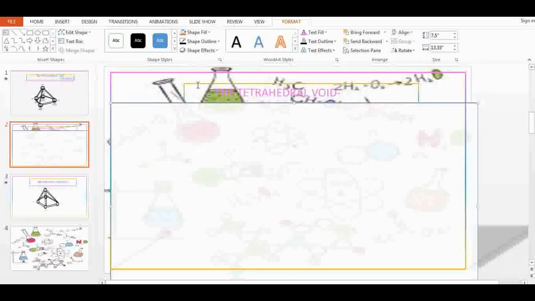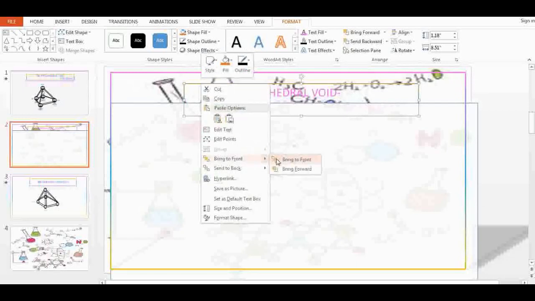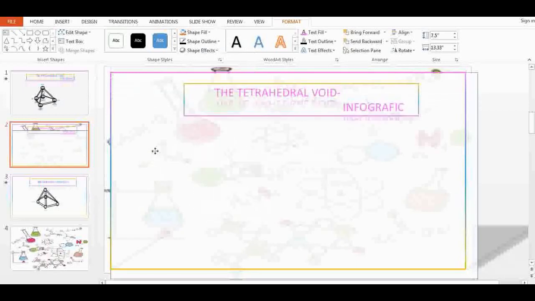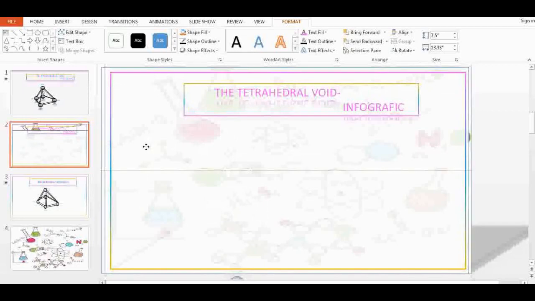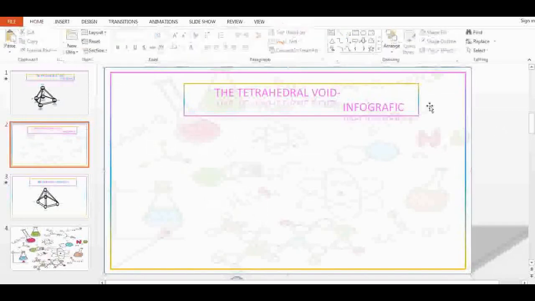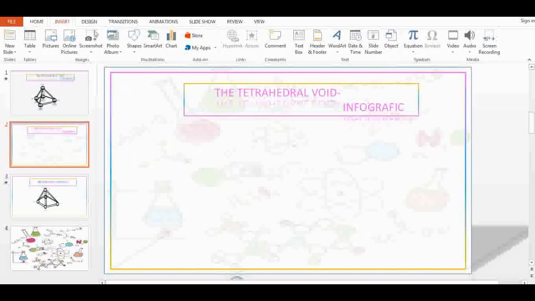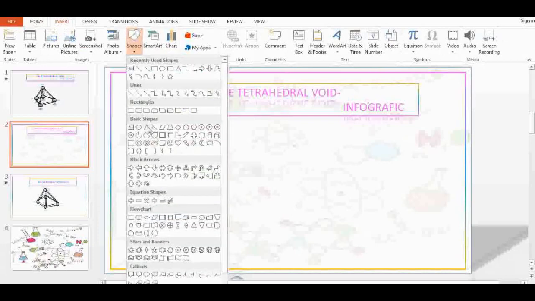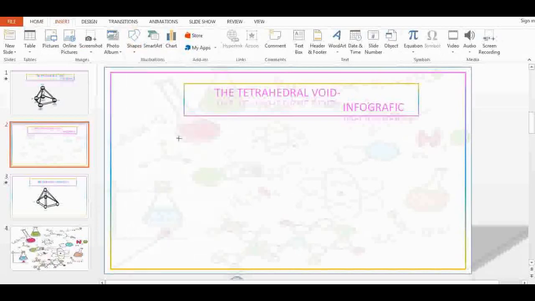Now bring the text box to the front and bring the border to the front, both the text box and border to the front. And when you cover the rounded rectangle with a border, it is very transparent and visible a bit, and the text box looks very vibrant. So now go to the insert bar, to shapes, pick a circle,